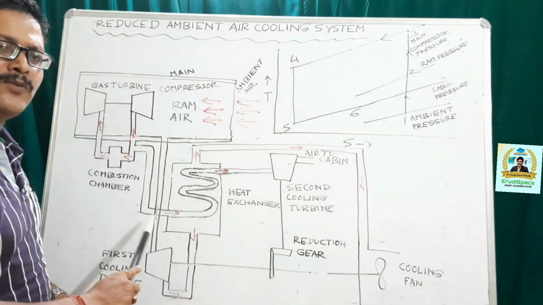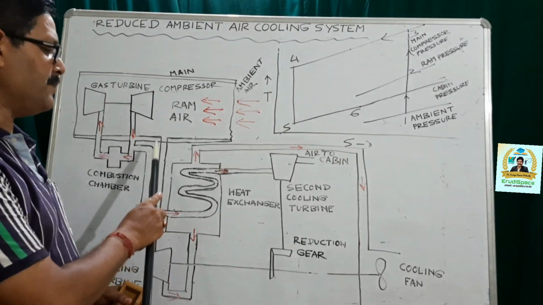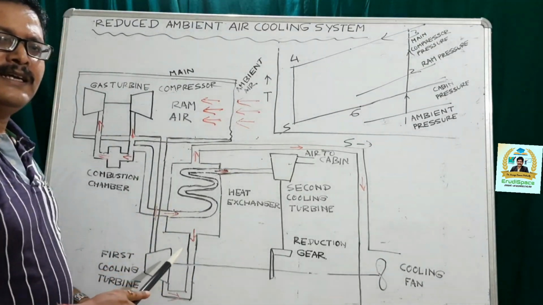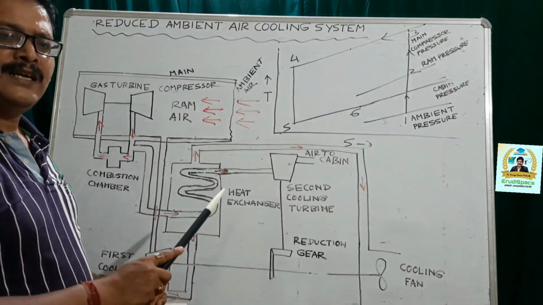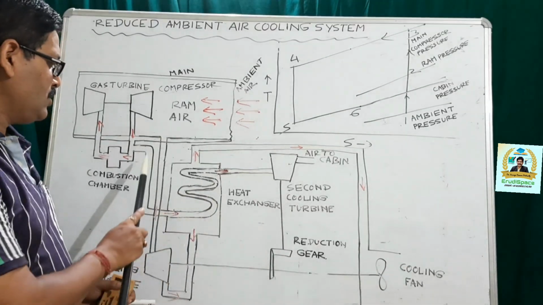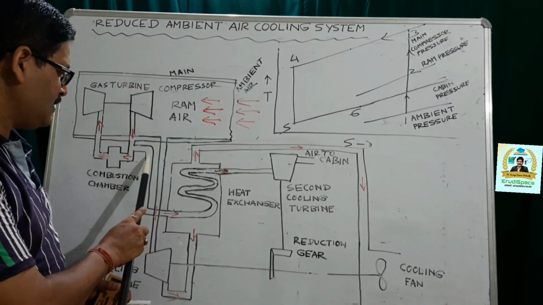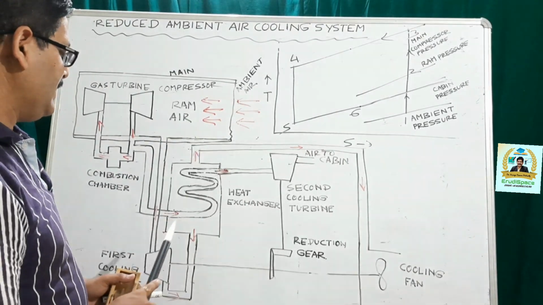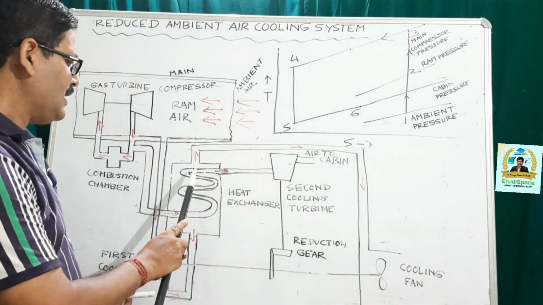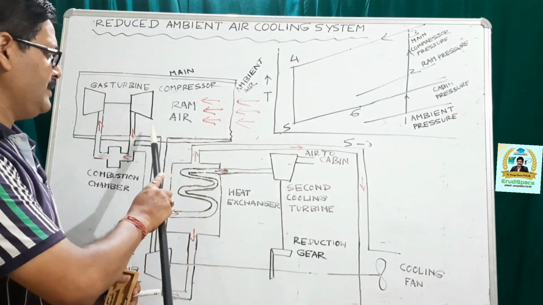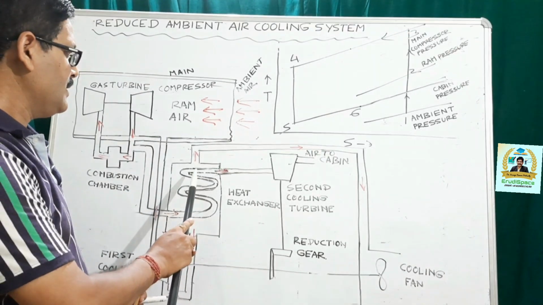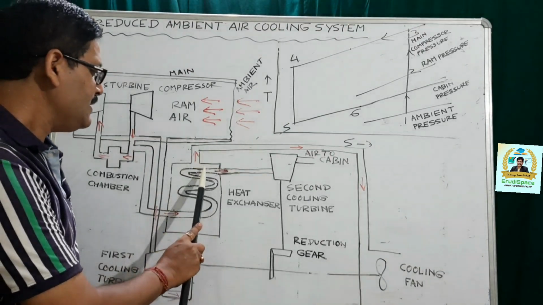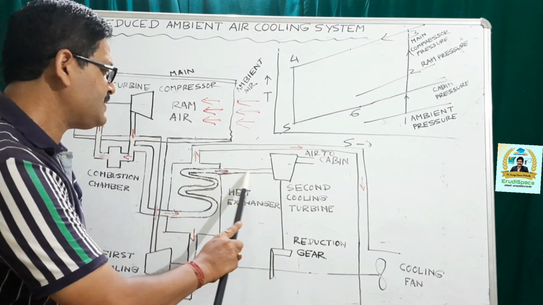So after passing through the first cooling turbine, its temperature is significantly reduced so that it provides effective cooling to the air that is drawn from the compressor. And then after being cooled by the air which is coming from the cooling turbine, the air is taken to